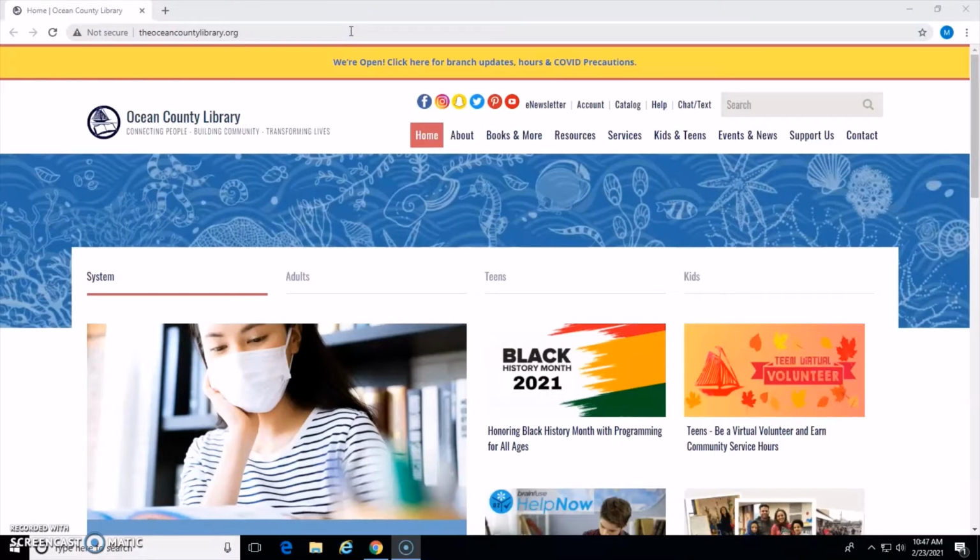Today's database is Culturegrams, an excellent database if you're looking for information about a specific country. This database is designed for elementary and middle school age children. The first thing you want to do is come to our homepage,